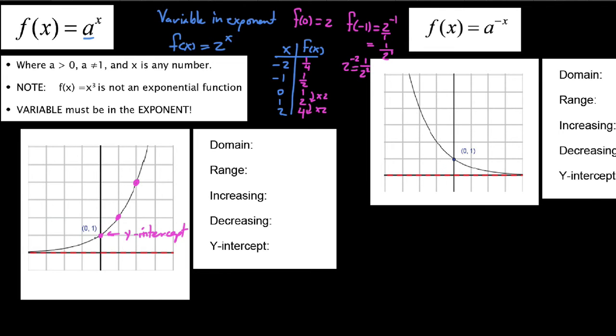As we were going backwards, at -1 it's at a height of a half, and at -2 we're at a height of a fourth. So we get this function that, as we go from left to right, since it's an exponential growth function, has a slope that is going to get more and more increasing as we go to the right,